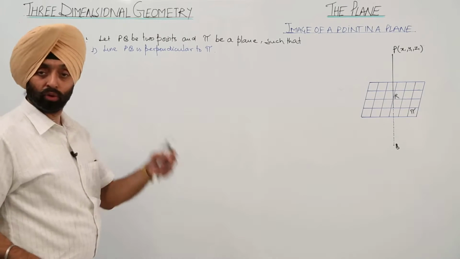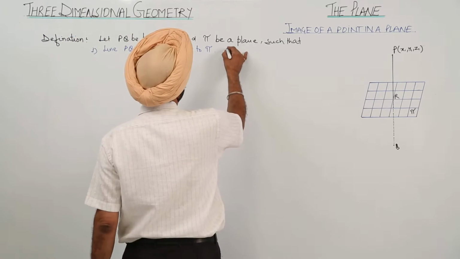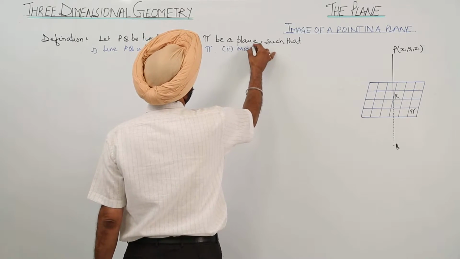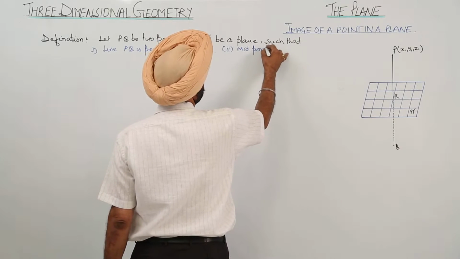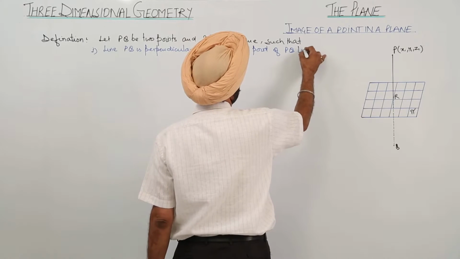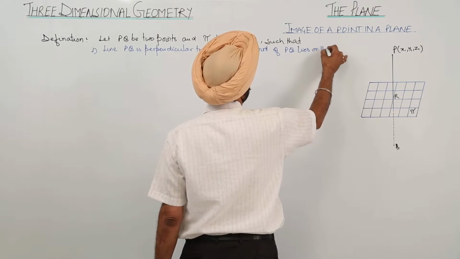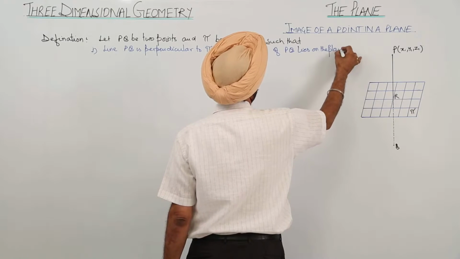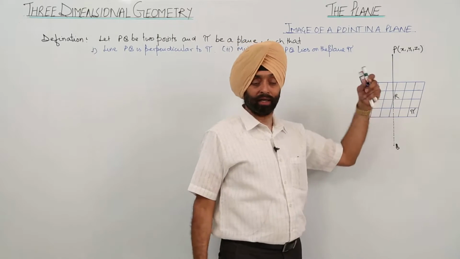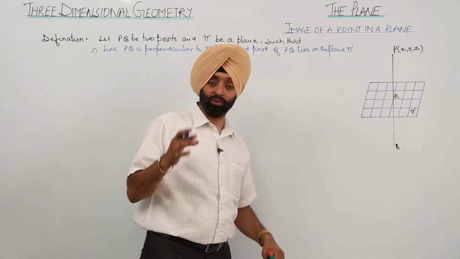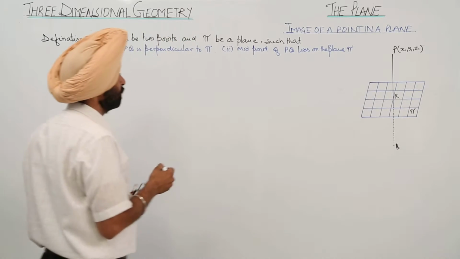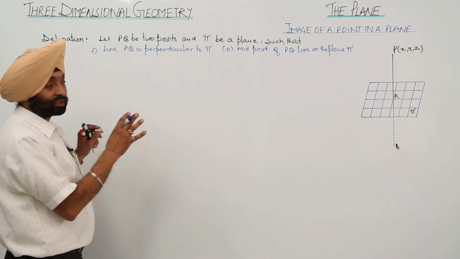Number 2, the midpoint of PQ lies on the plane pi, and the midpoint I have mentioned here is R. PQ is perpendicular to the plane and point R is the midpoint of PQ which lies on the plane. Now if these two conditions are satisfied, then